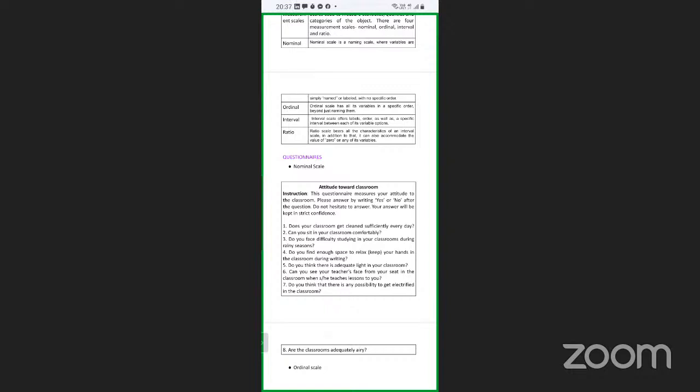Okay, sir. The question is on the nominal scale: attitude towards classroom instruction. This is a test, so you can all answer to me. This questionnaire measures your attitude to the classroom. Please answer by writing yes or no after the question. Do not hesitate to answer. Your answer will be kept in strict confidence. So this is very important